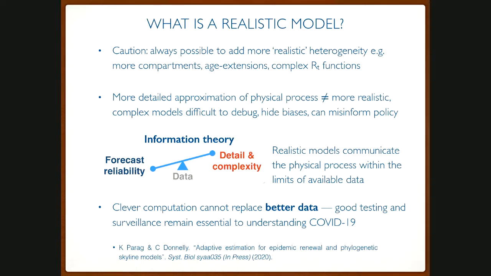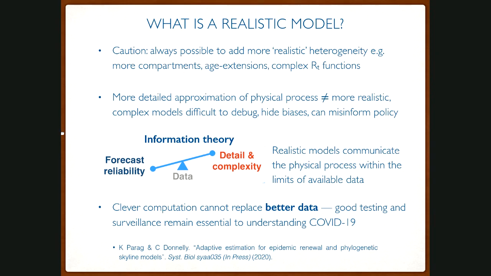And this brings me to the last point or two of this talk. Across this talk, I've been introducing a model, maybe explaining how it relates to chemistry, and then adding on a bunch of things to violate simplifying assumptions. The thing is, we can always add on these more realistic heterogeneities that you might think of, say, more compartments, age extension, and so on. But that's